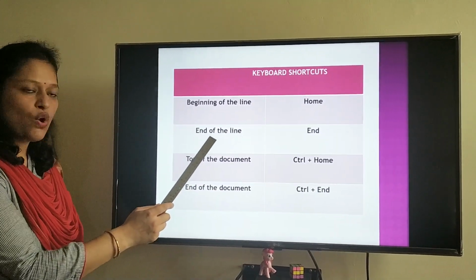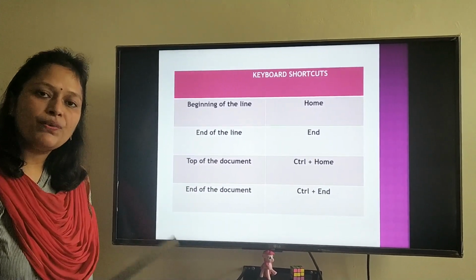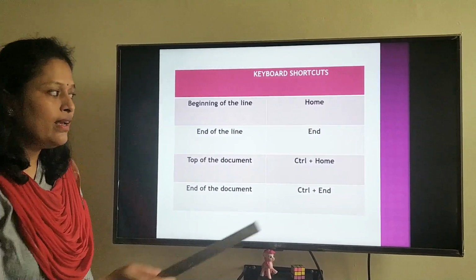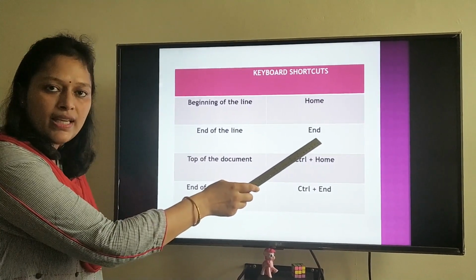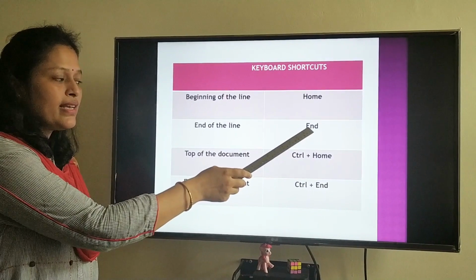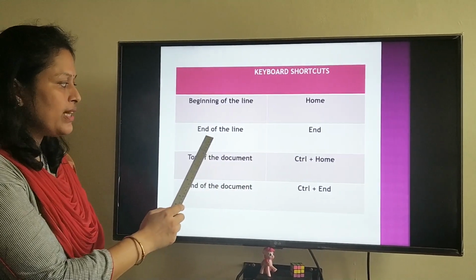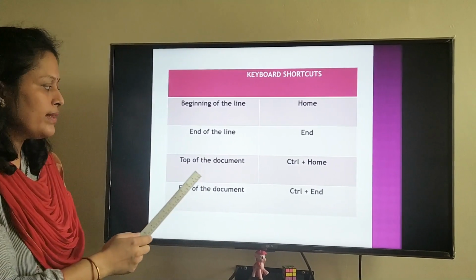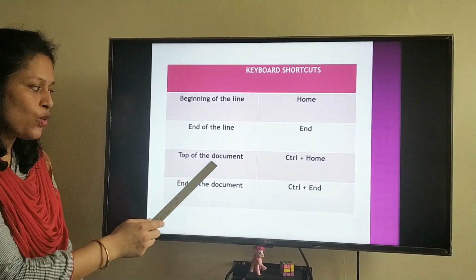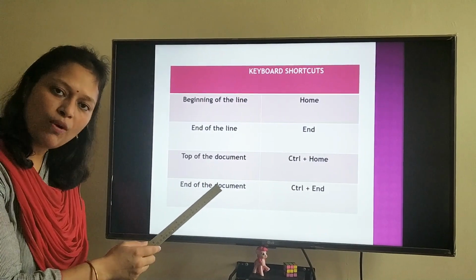Next is end of the line. If you want to reach the end of the line, you will press the End key on your keyboard. There is an End key in your keyboard. So you will press the End key to reach the end of the line. Third is top of the document. How will you reach the top of the document?